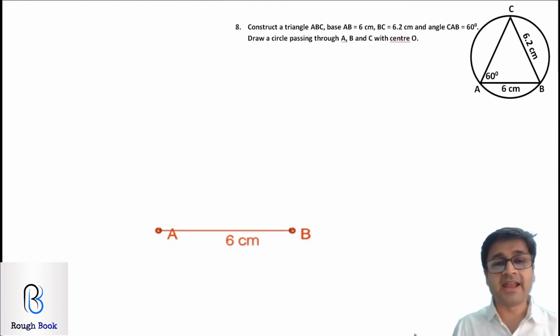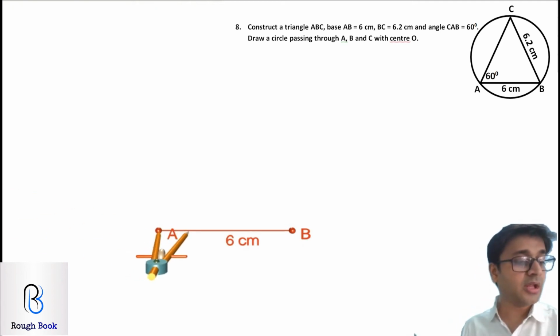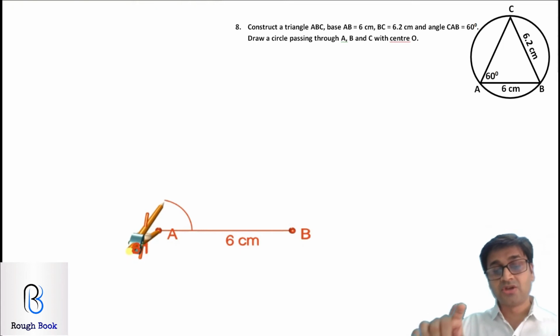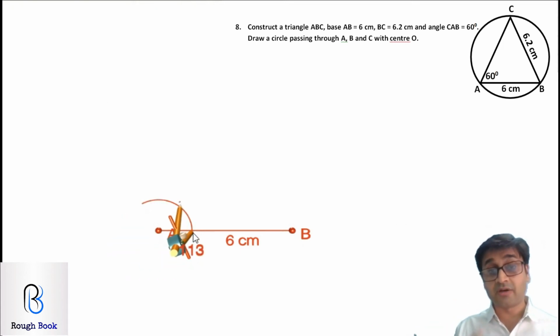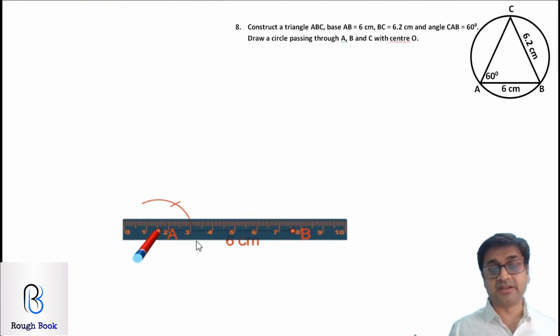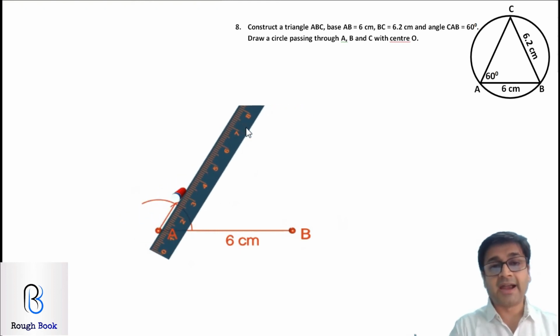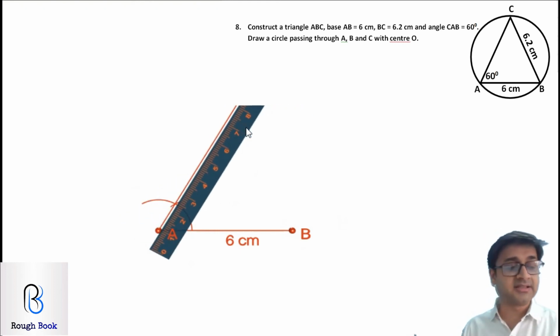Now I want to get an angle of 105 from angle A, I guess. Is it? Yeah, 60 degrees, not 105. So keep your compass on A, cut an arc, and then from this point cut one more arc without changing your radius. What you got over here is automatically 60 degrees. Join it with A and you got your first angle, that is 60 degrees.